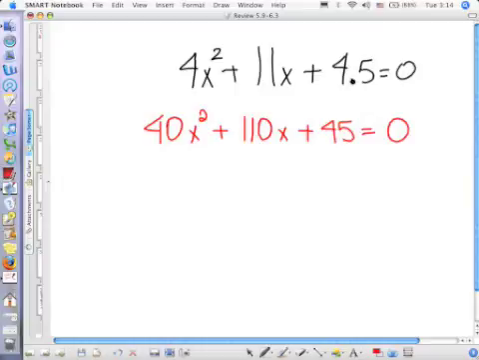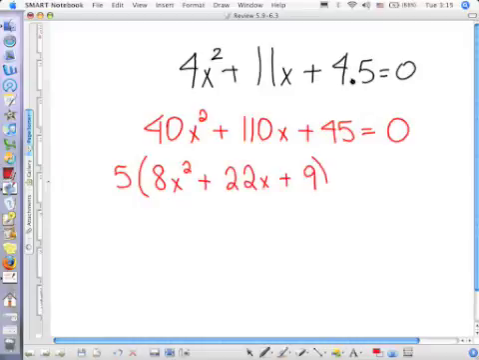Looking at the trinomial, all of these terms are divisible by 5. Factoring it out, it leaves me with 8x squared plus 22x plus 9 equals 0. To factor this trinomial, I need factors